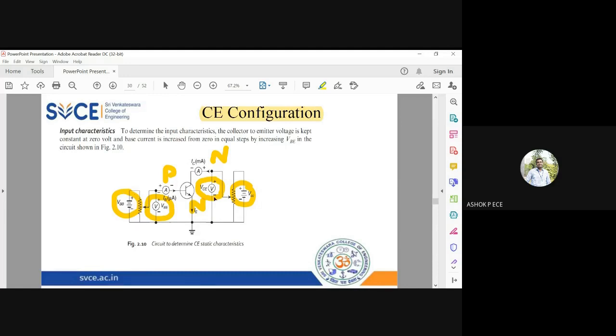For that, what did we do? You have to go back to your transistor theory, saying that the emitter base junction is forward biased and the collector base junction is reverse biased. In all the NPN transistors we are studying, emitter is N, base is P, collector is N. You can even mark this with a pencil. Emitter base junction is forward biased. So where there is P, I have to give the same polarity, positive. Where there is N, I have to give the same polarity, negative.